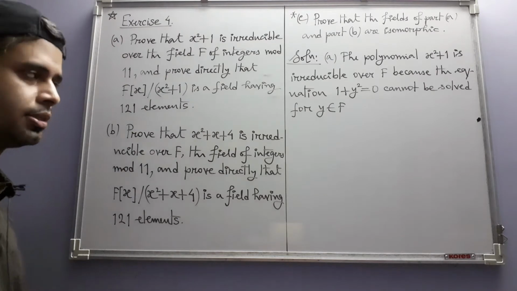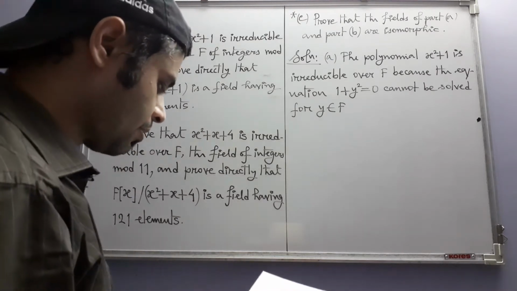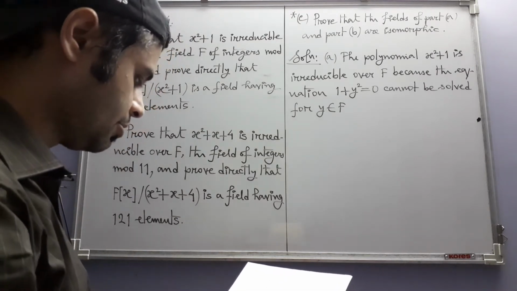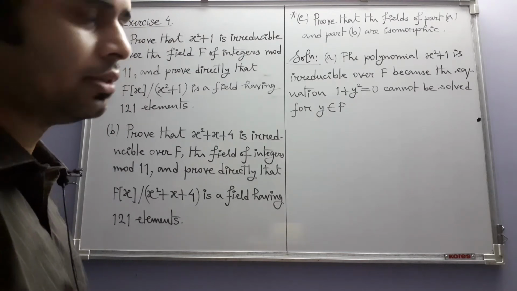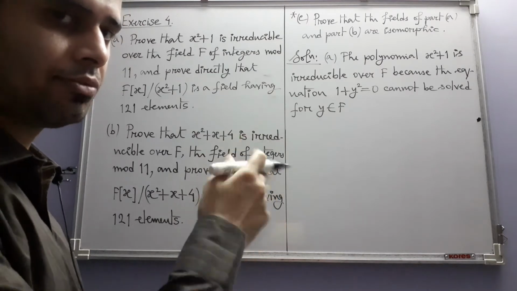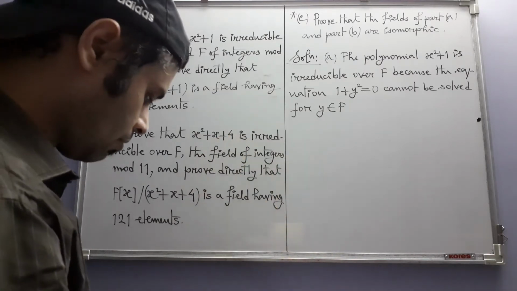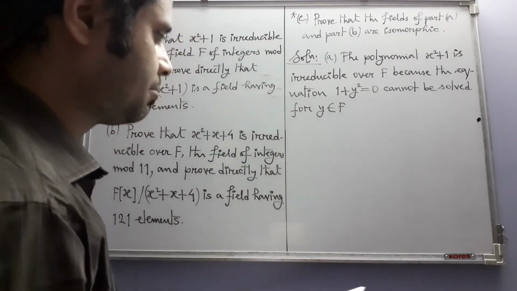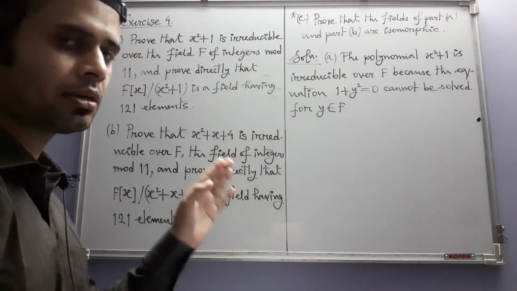What is this logic? You will understand this logic if you go back to the solution to exercise 2b. There we handled one such polynomial. In fact, the same polynomial, although the field I think was different, but you can guess that from the calculation